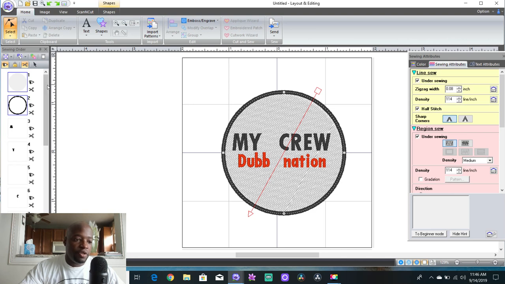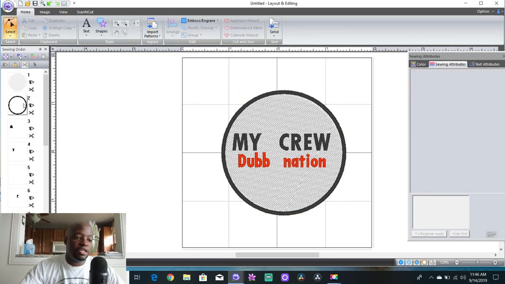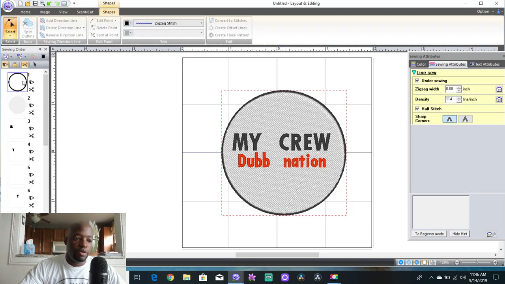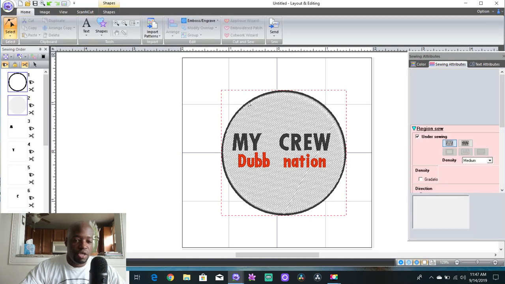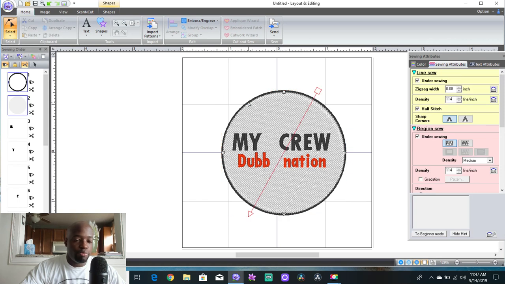If you created this file by yourself, one part at a time, then you'd be able to do this. But this way it's kind of difficult because the parts are intertwined with each other, since they were created together. But what I want to show you guys is that with this tool right here,